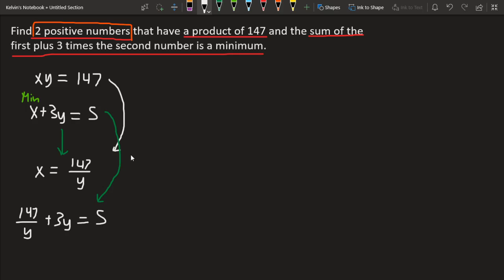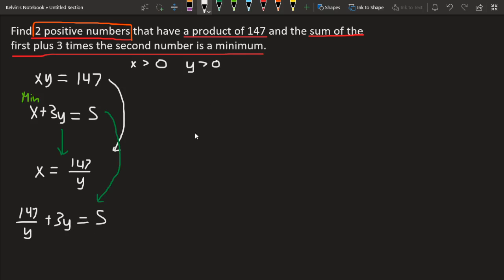Now, what we need to do is determine the feasible domain. These are two positive numbers and their product is 147. So we know automatically that they must be greater than 0, but they can't be 0 because if they were 0, then the product would be 0. Now, our next step here is to